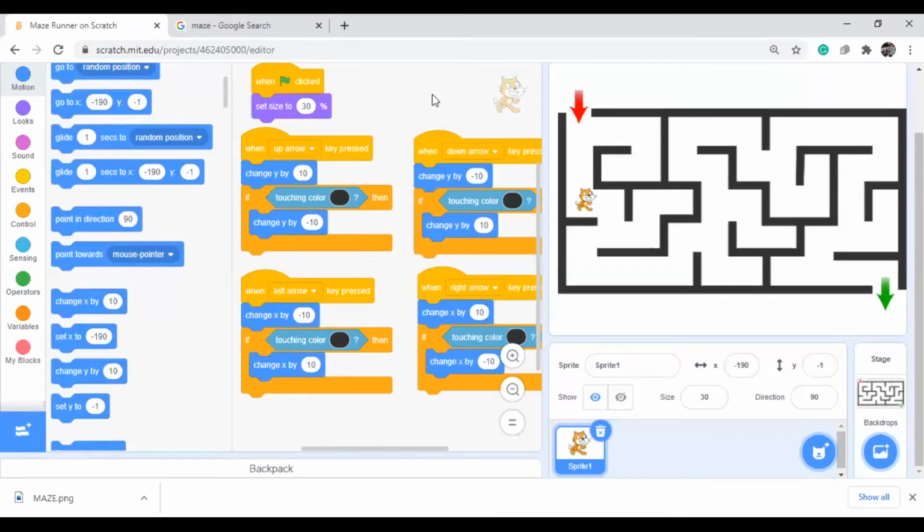Actually it is not going because it is too big, so we can decrease the size to 25. Yes, now it can fit in all formats. If you try to go inside the black color, it will not go.